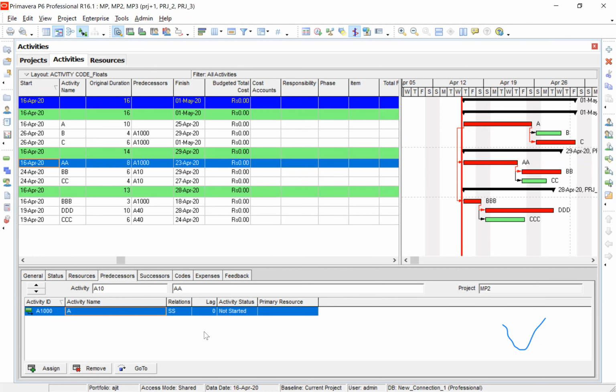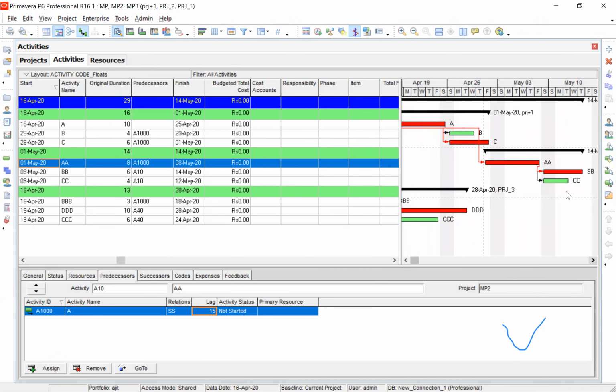All right. Now, the first activity of the second project, I said start with the first activity of the first project, and I'll put the lag as 15 days. When I do that, you can see the activity will be shifted. Double A will be shifted by 15 days. Can you see here? The date for the AA would be like this. Originally, always starting on the first day.